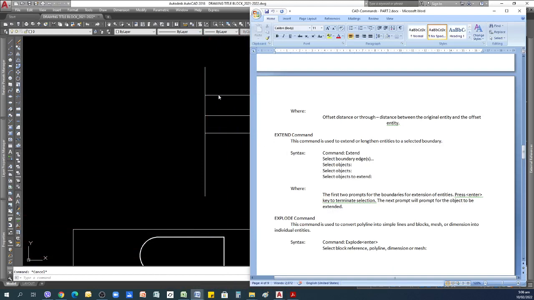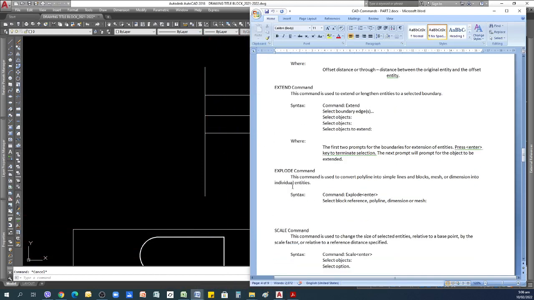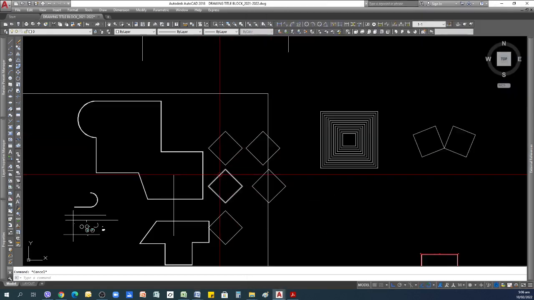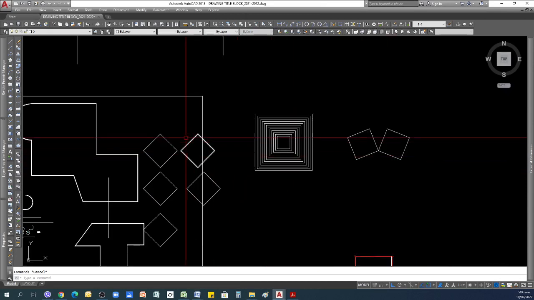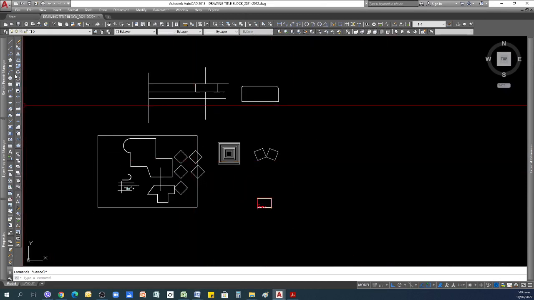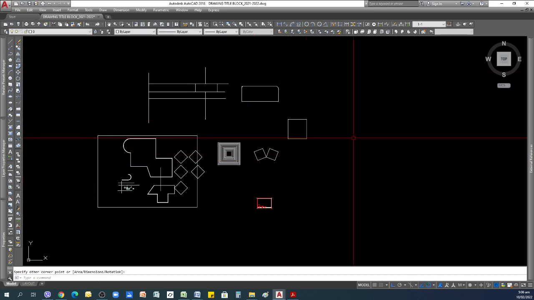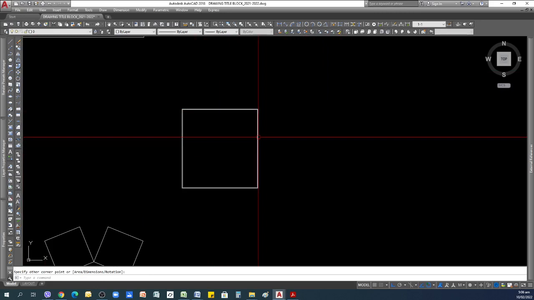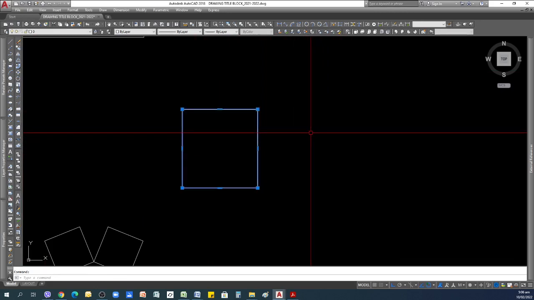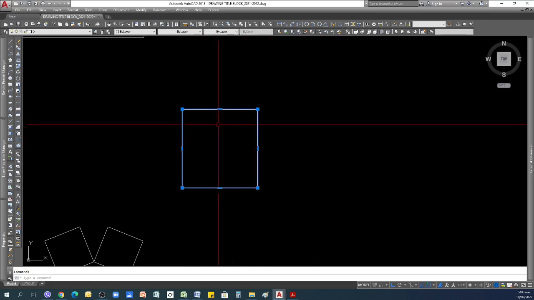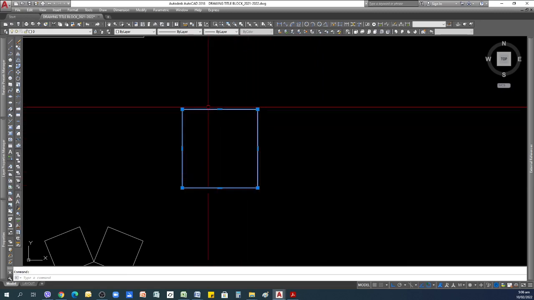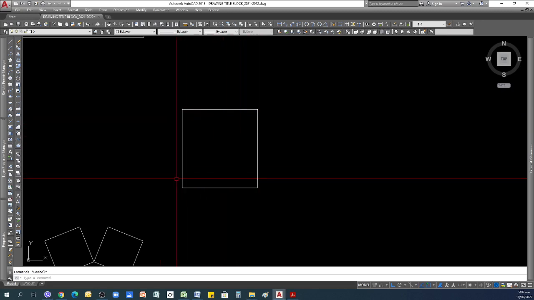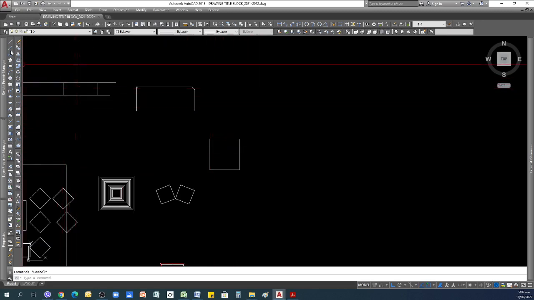Sorry, that's extend rather, not trim. Explode. The function of explode is like this. If you have a rectangle, for example, or square, if you notice, if I click this object that I created as a rectangle or square, it highlights everything. But you can also create a rectangle